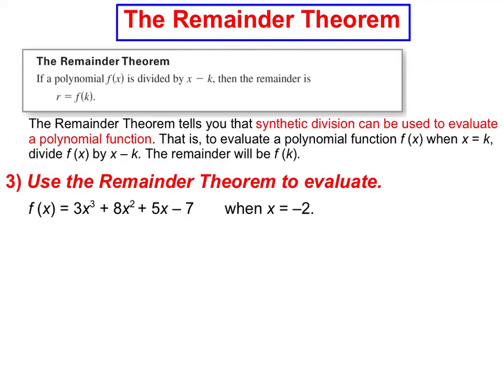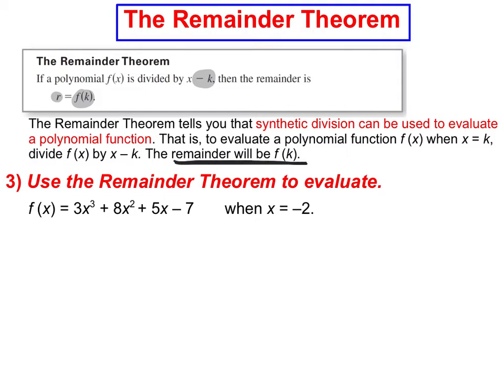Now that we've reviewed synthetic division, let's look at a couple applications. So the first is the remainder theorem, and it says if a polynomial is divided by x minus k, so focus on this k, then the remainder r is equal to f of k. So what that means is that the remainder is equal to whatever the function would be if you substituted k